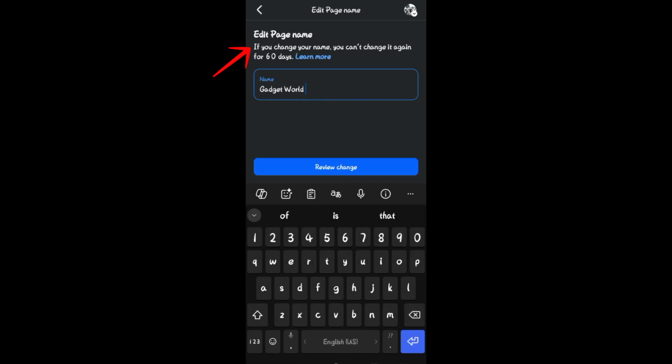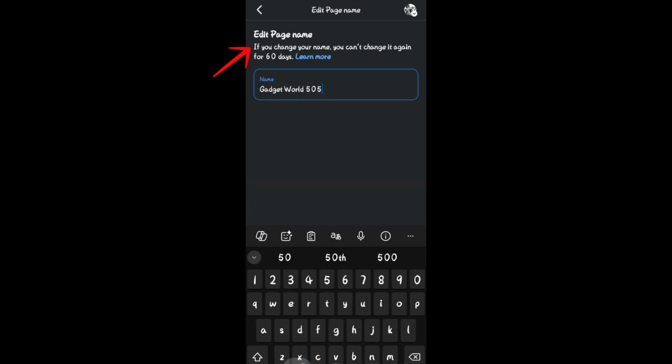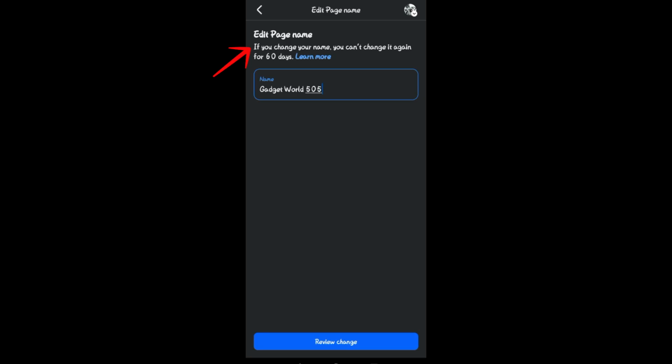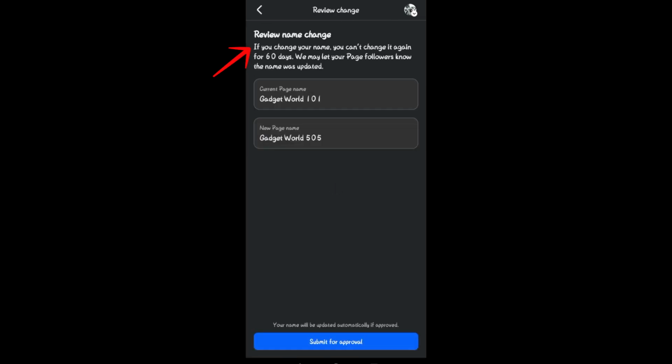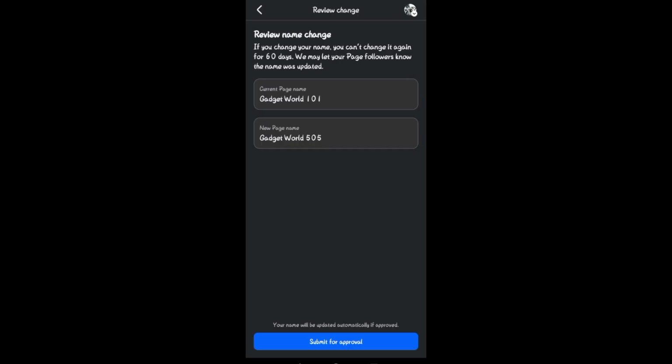and then there is a message here that if you change your name, you can't change it again for 60 days. So you must be careful when changing your Facebook name. As you can see, I have here my current page name and then my new page name. Once I'm okay with that, I'm going to tap on submit proposal and then wait